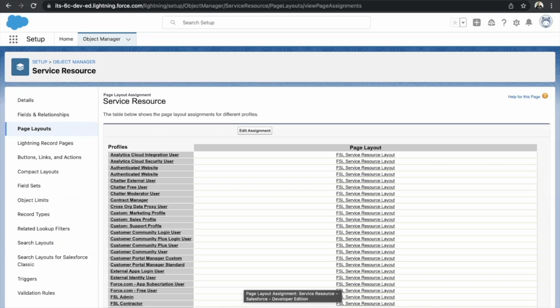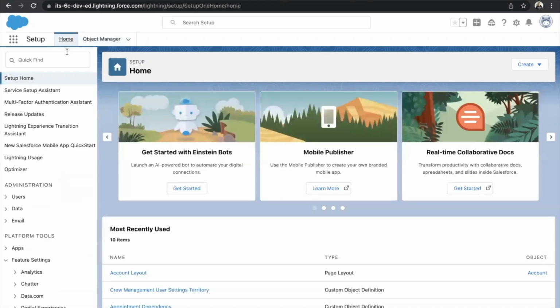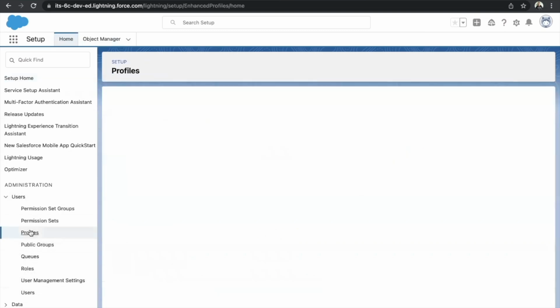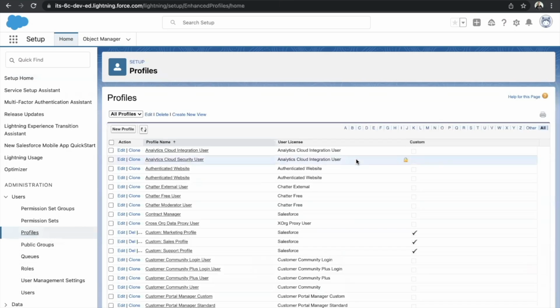So this will basically help, as these are exposed when page layout assignment is updated to the field service lightning one. So while we are doing this, let's also enable the emergency dispatch map for the system administrator. Now we'll understand what is emergency dispatch and everything in the upcoming part, but how you can update it is very simple. You need to go to users, go to profiles, go to system administrator,